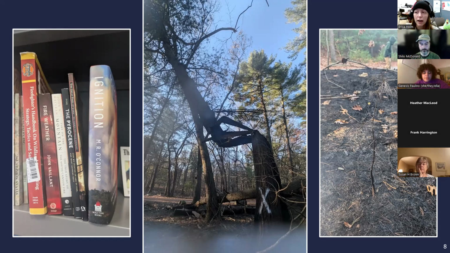But yeah, I studied at the University of New Hampshire. They taught us a little bit about fire ecology, and I know a little bit about that. I'm not going to spend too much time on that, but my role in the City of Lynn as the Urban Forestry Fellow is mostly to write our urban forest plan, plan for the future, and help support with science. I am a certified arborist, so I can look at a tree and have more thoughts than the average person about it, but I am not equipped with the skills, experience, or licenses to go in and start mitigating the risk in the woods myself. So I just wanted to clarify that for people.